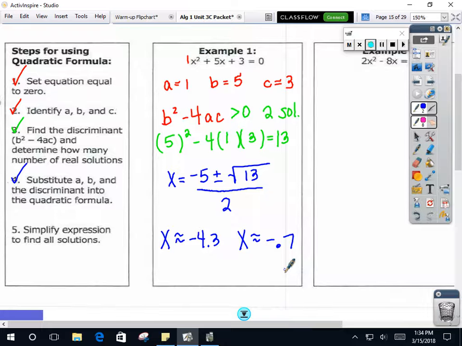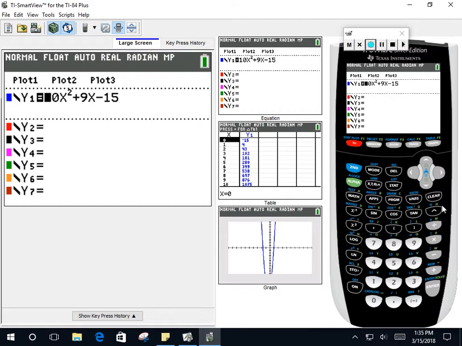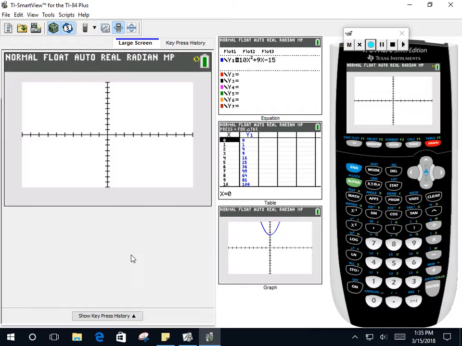The first thing I'm going to show you is the graph of this parabola. X squared plus 5x plus 3 is a quadratic equation because the highest exponent is 2. So it's going to produce a parabola. So x squared plus 5x plus 3. Okay, we know a parabola is a U-shape, so normally they cross through the x-axis in two places, just like